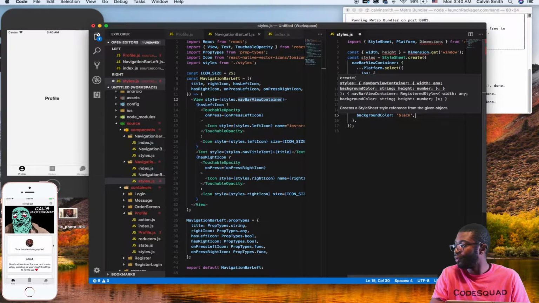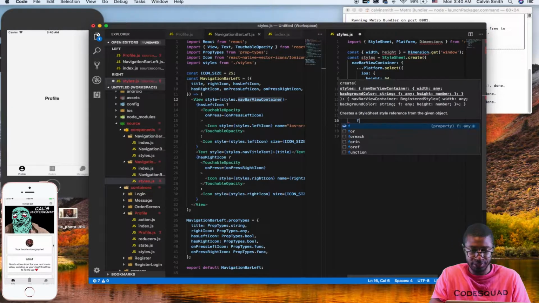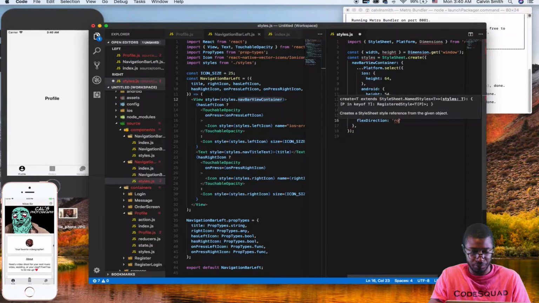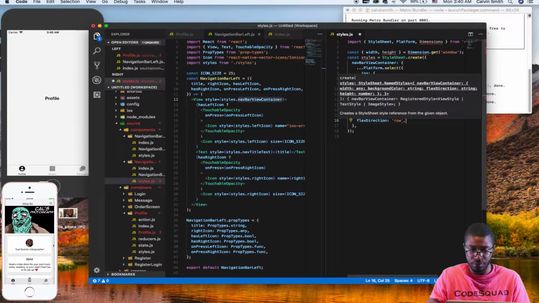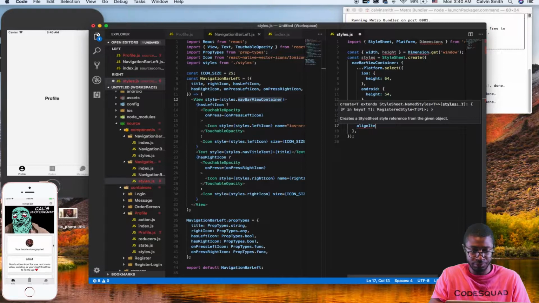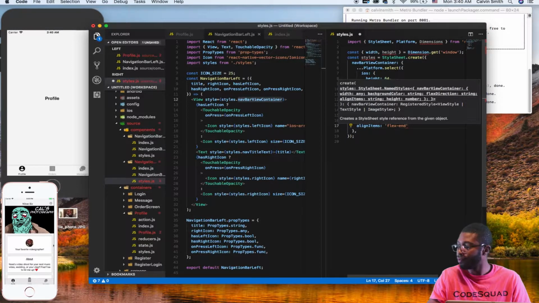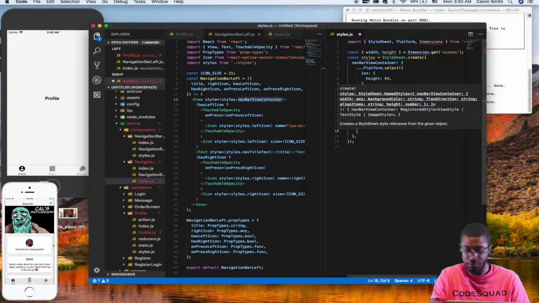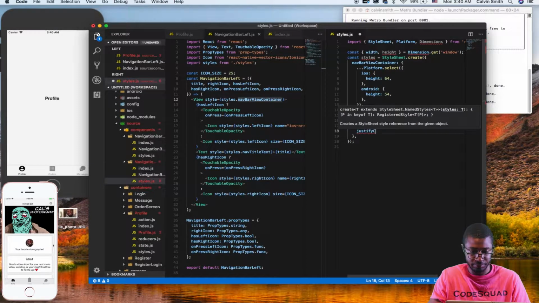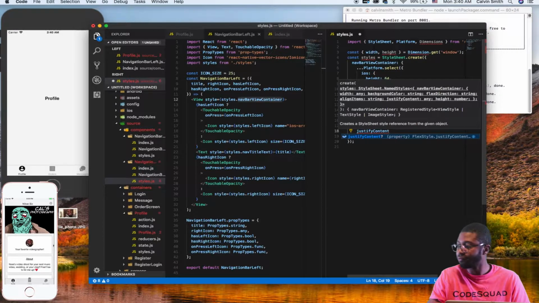And we can also say flexDirection row, alignItems flex-end, justifyContent space-between,